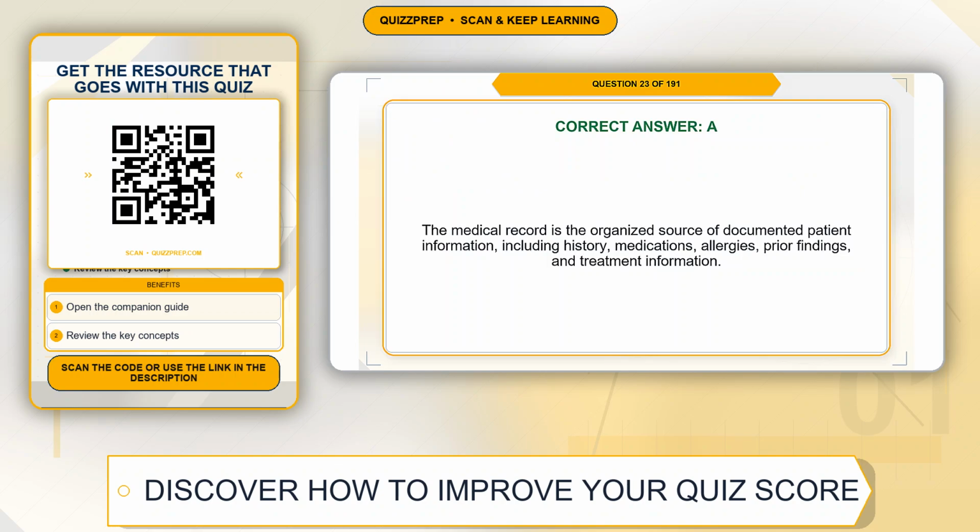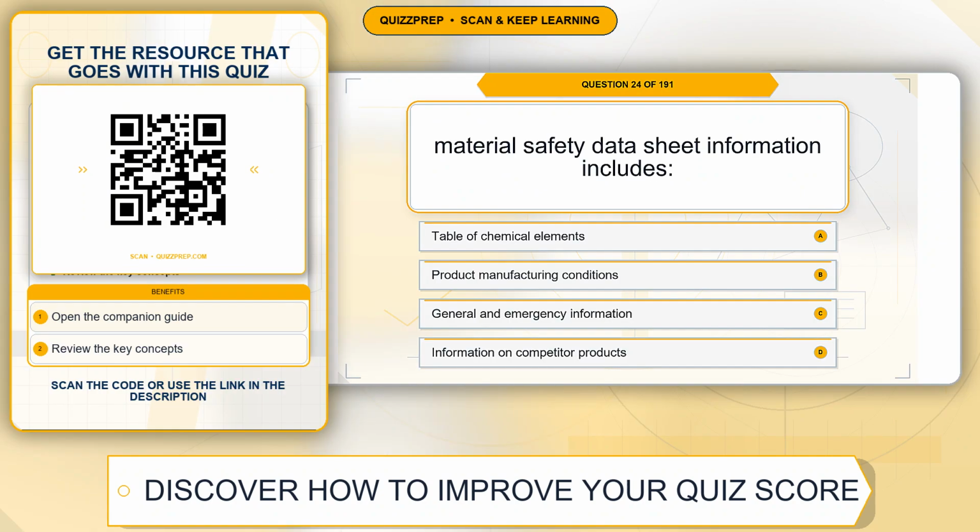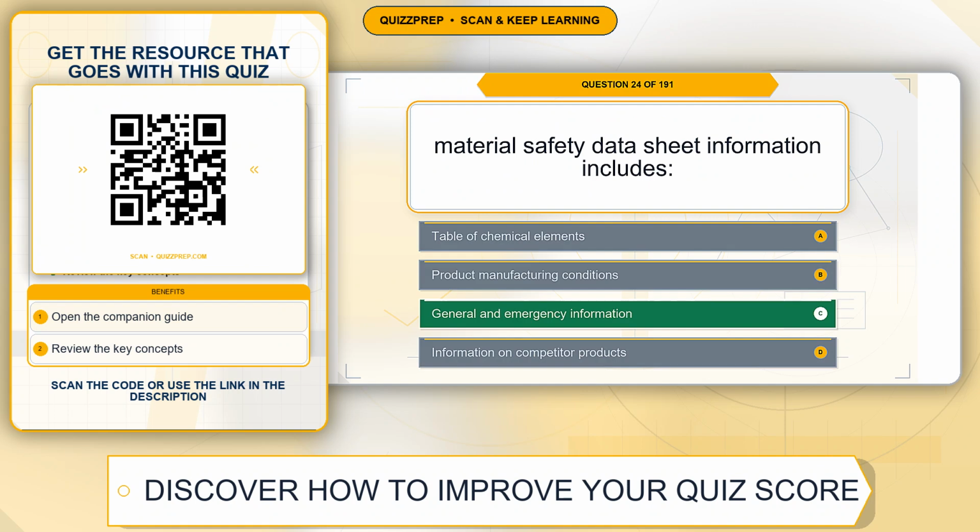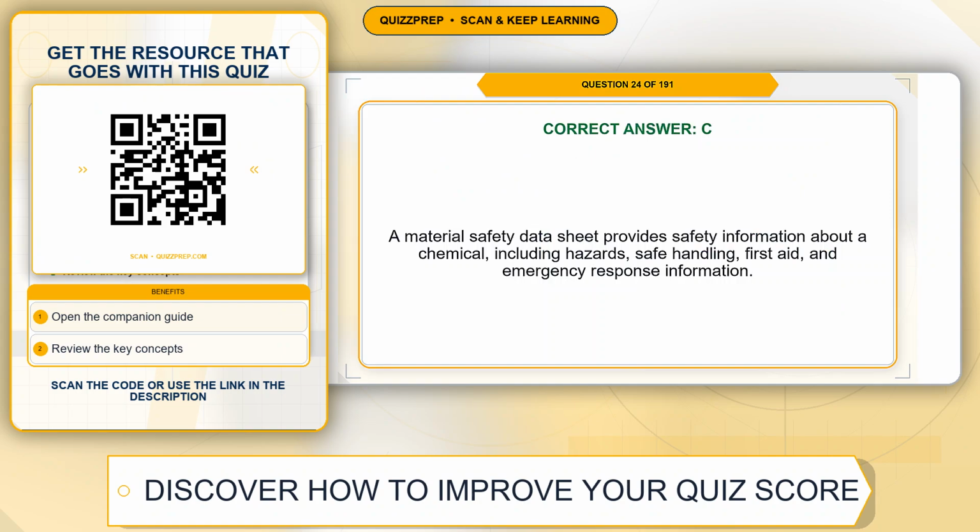information. Question 24. Material safety data sheet information includes: Option A, table of chemical elements. Option B, product manufacturing conditions. Option C, general and emergency information. Option D, information on competitor products. The correct answer is option C, general and emergency information. Explanation: A material safety data sheet provides safety information about a chemical, including hazards, safe handling, first aid, and emergency